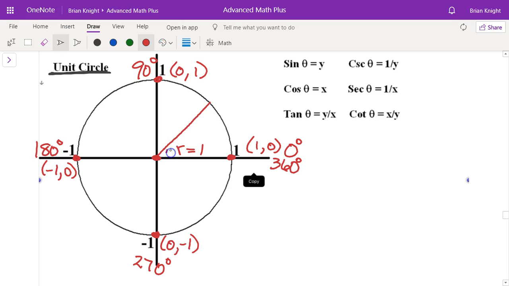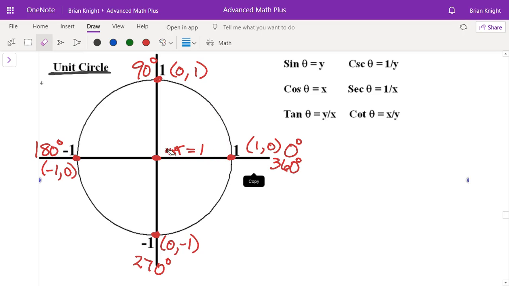Let's say we were talking about 45 degrees right there, and you wanted to find the sine, cosine, tangent. We just talked about that yesterday. What can I make out of this? A right triangle. Remember how we always make a triangle with the x-axis for all our angles? You can do it for any of them. Well, the problem with that is you can't do it